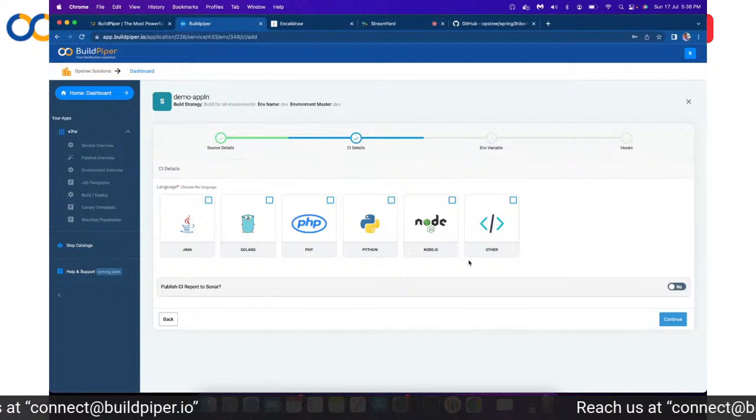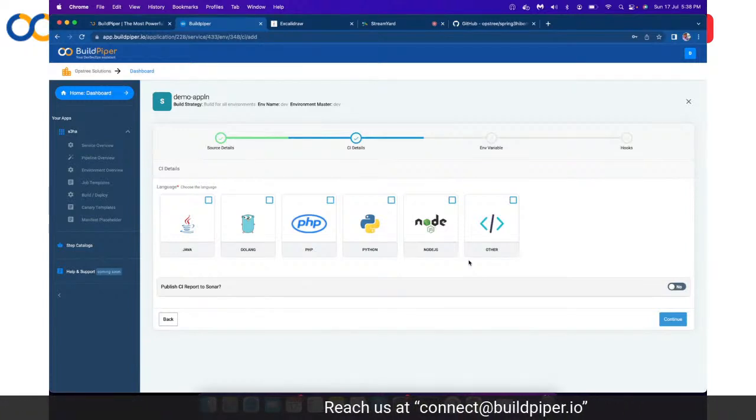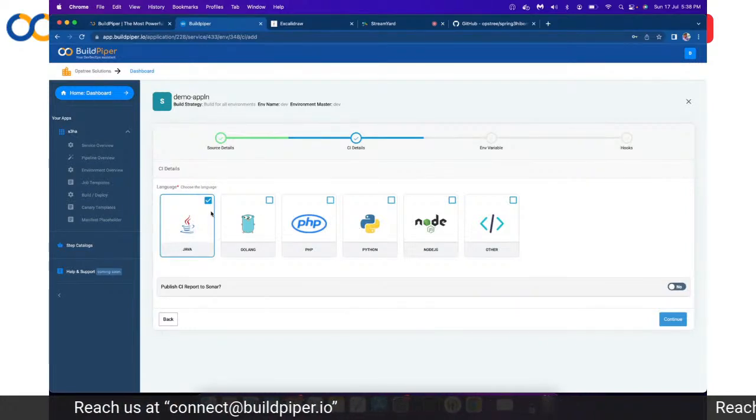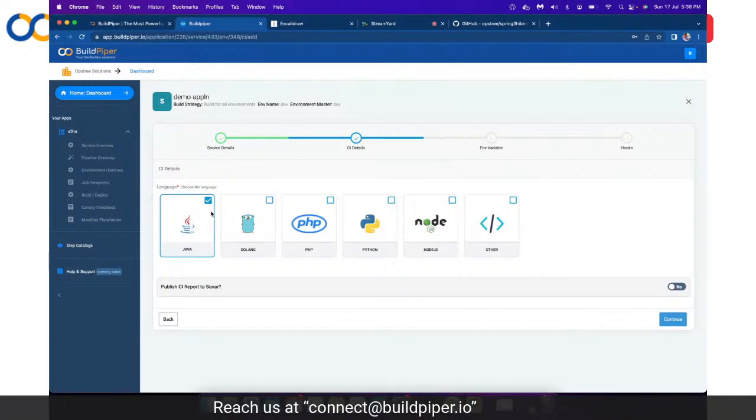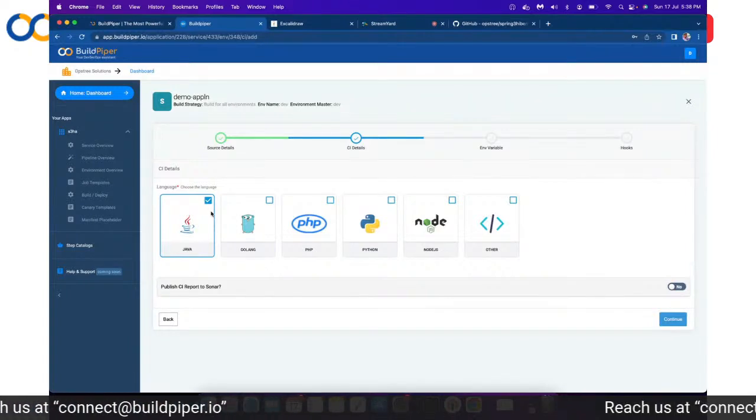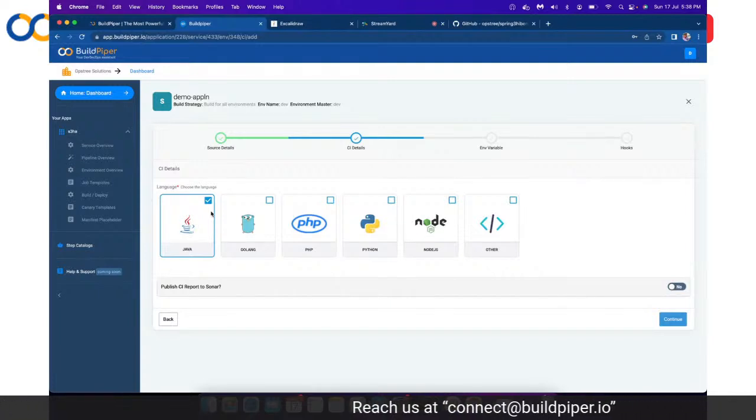Next you have your languages as well, right? So which language is your application built on? You can select that and it would help you generate your artifact. Generally, what people do is, in their Dockerfile, following best practices, they define the multi-stage concept. But if they want to generate their artifact on their own and then push it inside their Docker image, with the help of language selection they can do that as well